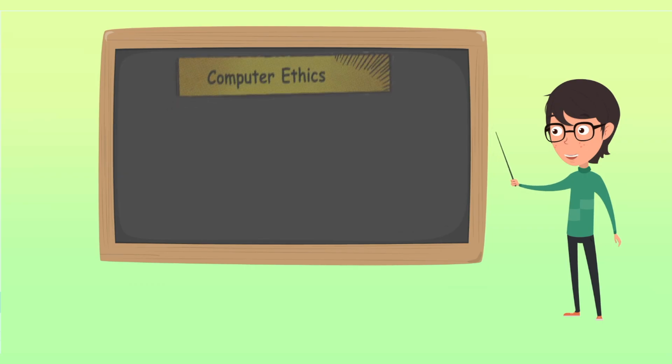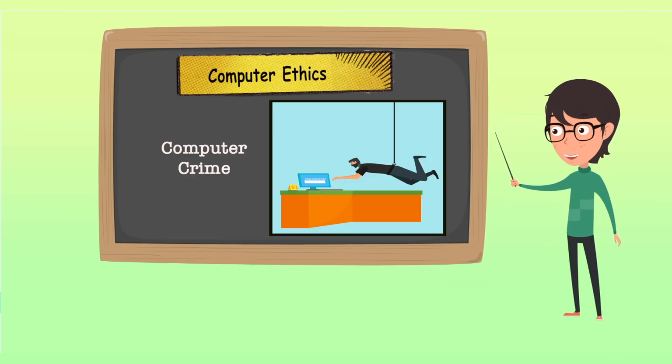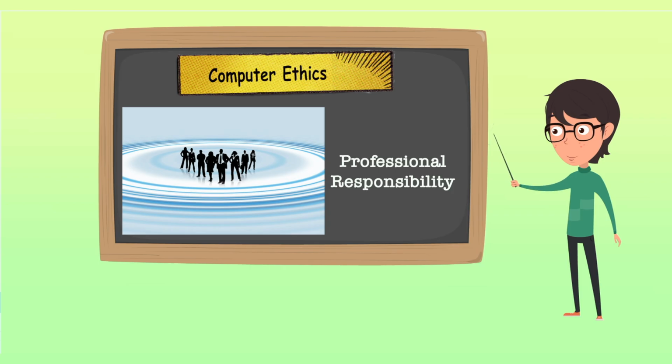In essence, the integration of the computer into everyday society was not easy. The generation of computer was new as well as exciting, but nobody had used it before, including businesses and individuals. There would have to be some form of ethical guidelines for using these new products that nobody had much experience with. Nowadays, computer ethics cover a wide variety of topics such as computers in the workplace, computer crime, professional responsibility,